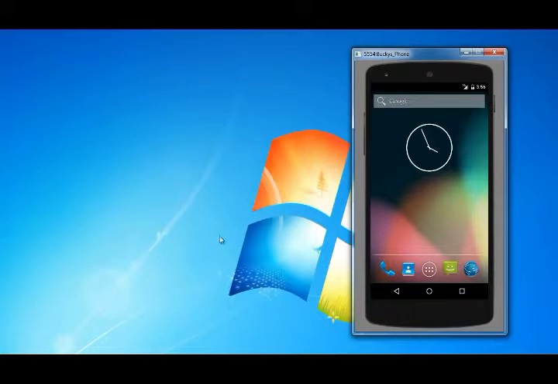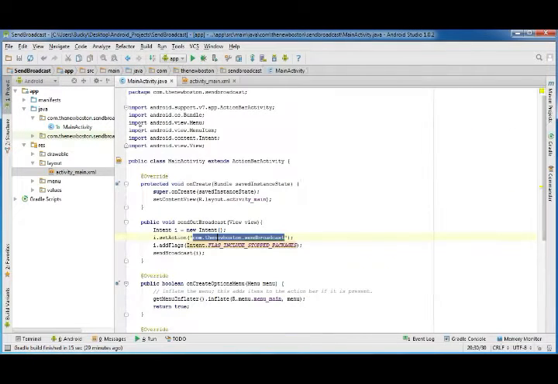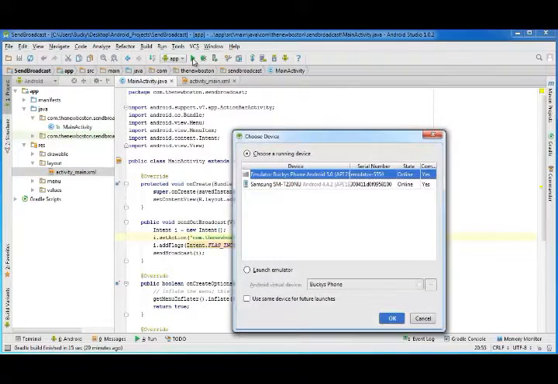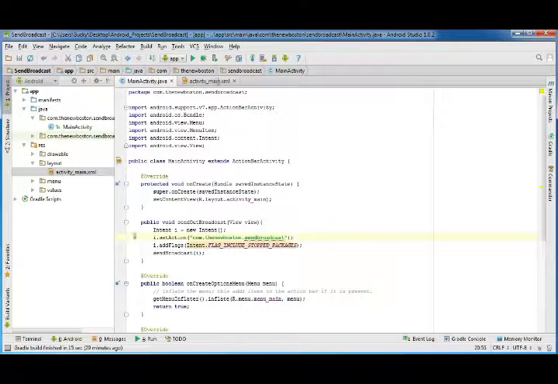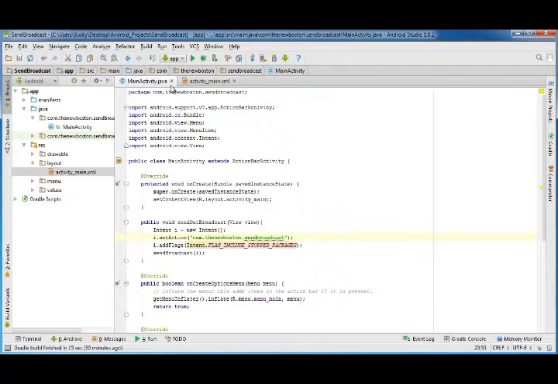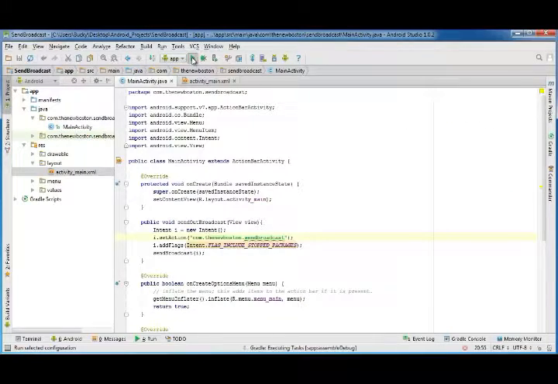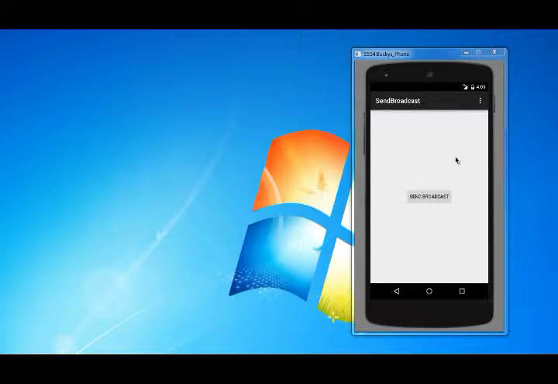So now if we go to our other project, send broadcast, then we can run this project. Alright, so now we've got that listener. So again, go to your other project, the one that could send out a broadcast, and just run this one too. Now whenever we click send broadcast,